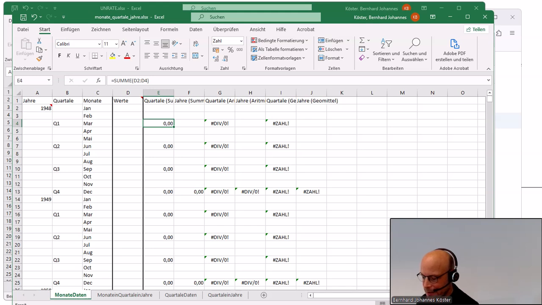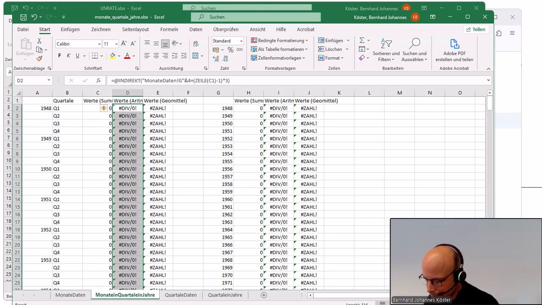But then, and this is the problem in Excel, if you do this, you always have these two cells, and you cannot directly reread this data as a quarterly time series, and therefore you have